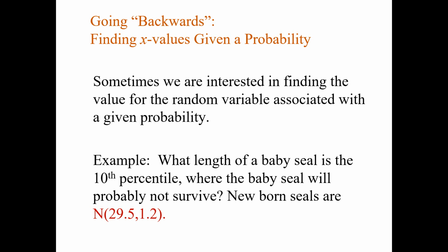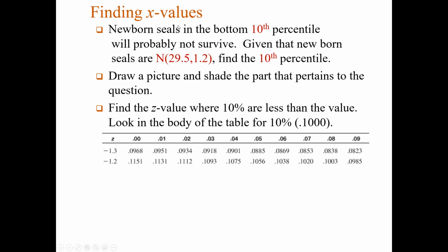Newborn seals are normally distributed with mean 29.5 and standard deviation sigma of 1.2 inches. And this is where the baby seals will probably not survive. So newborn seals in the bottom 10th percentile will probably not survive, so we need to figure out where that part is. We can draw a picture and shade that part that pertains to it,